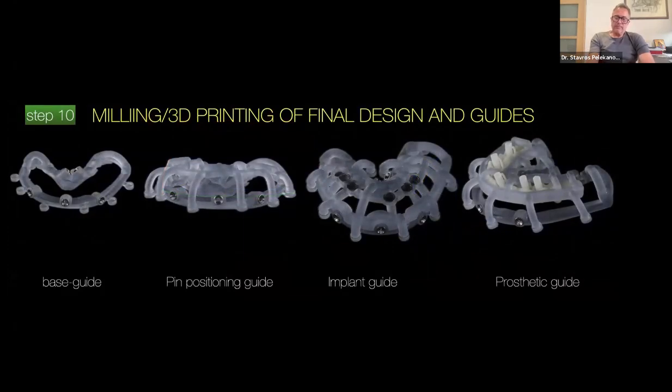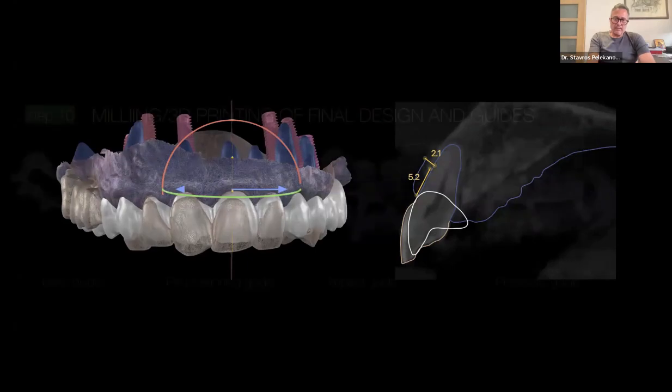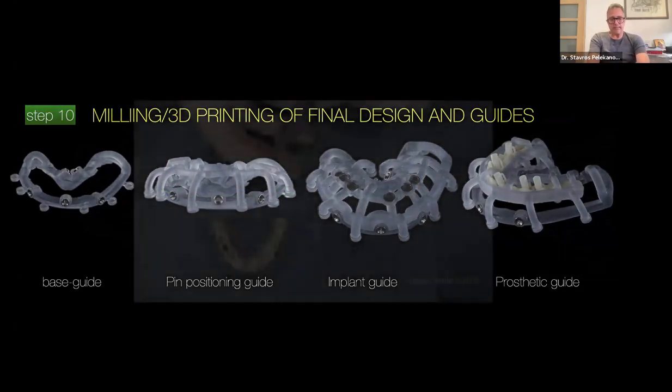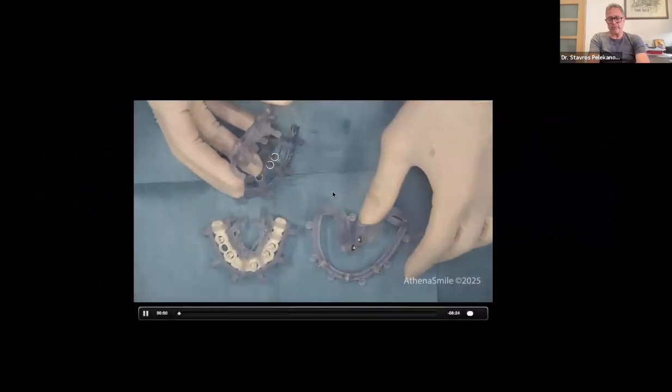So steps number 8 and 9 are the design of the 3D printed guides and the milling of the 3D printed guides. It can be stackable or not stackable. And here, step number 10 is the actual milling and 3D printing of the final design and restoration. So